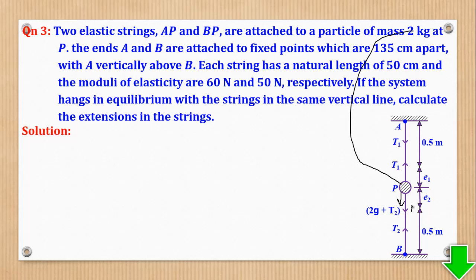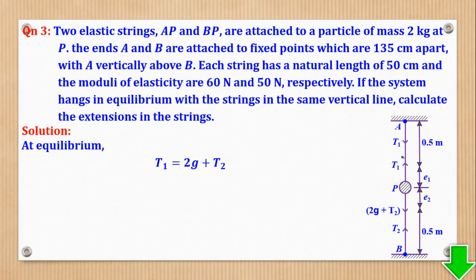There is this T2 to counteract this, but also the weight of 2g. Because both are acting downwards, I've chosen to add them. So at equilibrium,